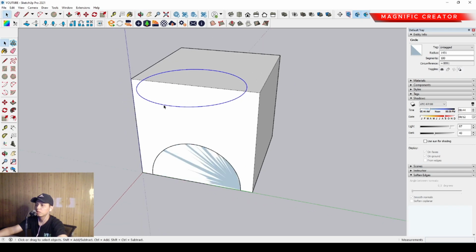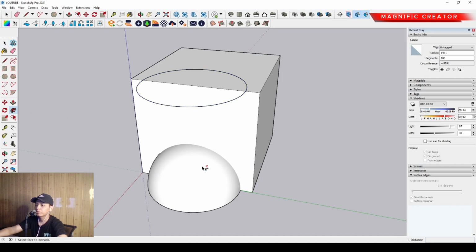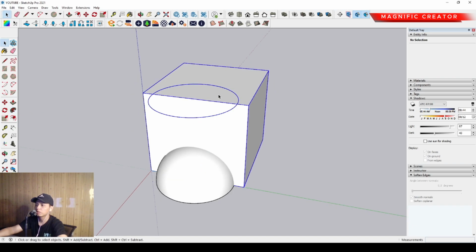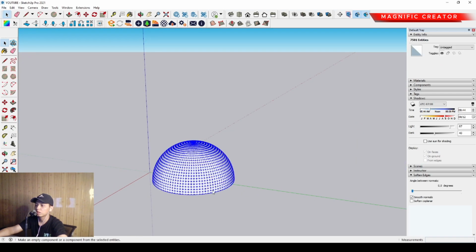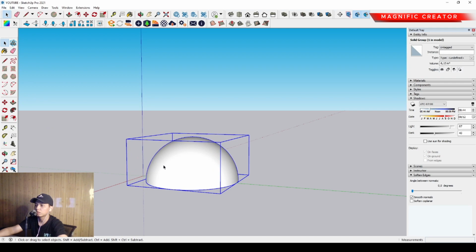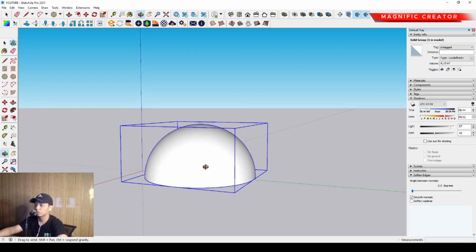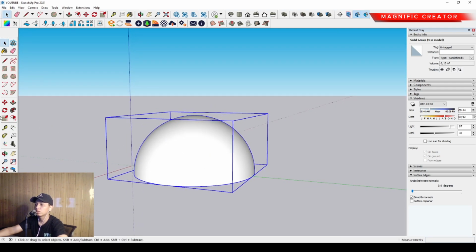Then we can select this, and we can select Follow Me and just click it. Okay, and it's done. And then we can erase some unnecessary objects. Then we can make a group, and we can make another exploration about the half ball, and then we can move